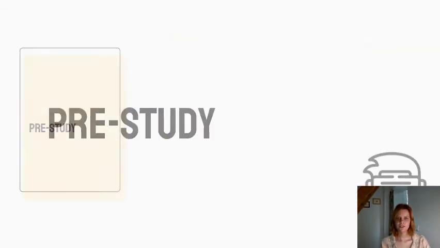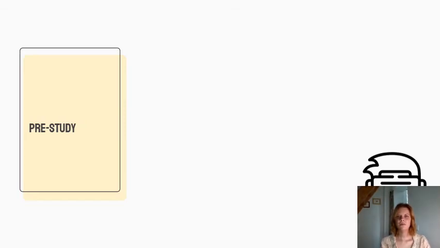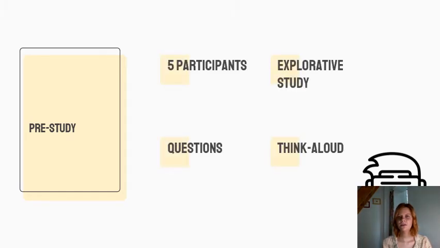So for the pre-study, I did a within-group design study. That means all users have tested all methods, and I have had 5 people who were simply allowed to test the program, the demo. So it included a settings page where you could change the method and the values, and the users could just try different combinations as they wanted and tell me what they think about them. And I wrote down all the comments, and I also asked them 2 questions for each method.